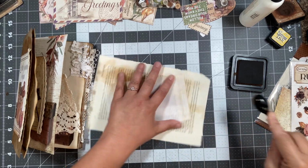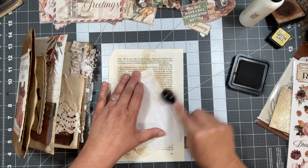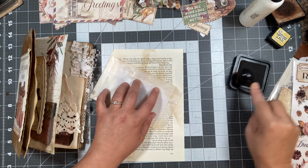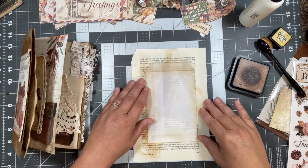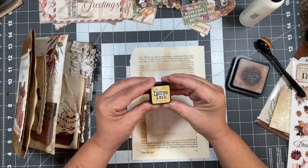I'm just distressing the edges on this. Kind of ages it. Okay. All right, now I think what I want to do is I have this, came with the kit, the fossilized amber,